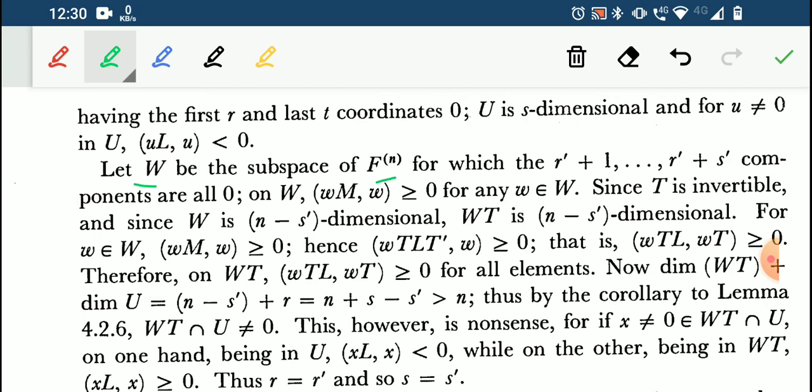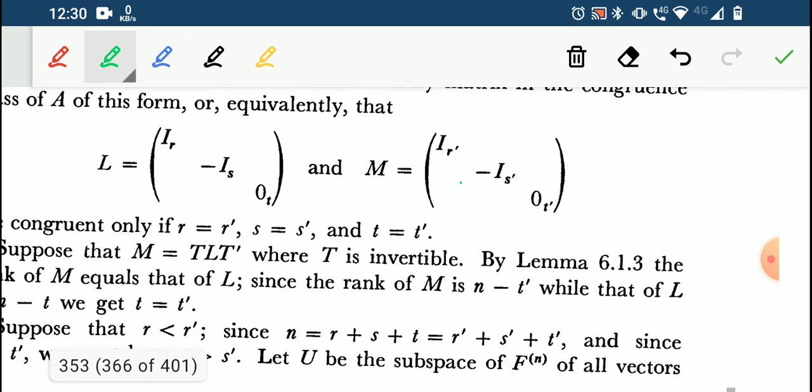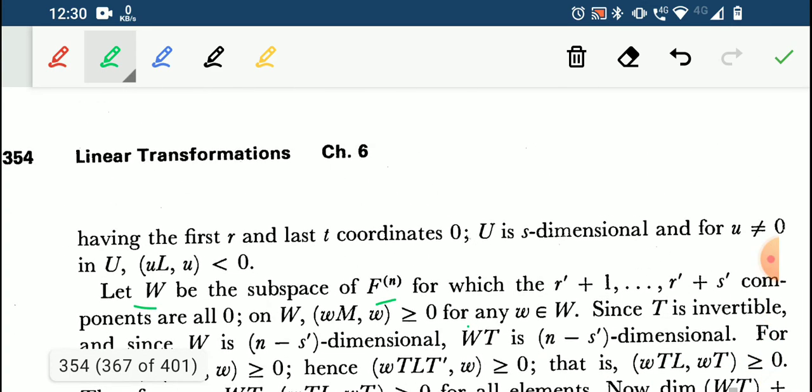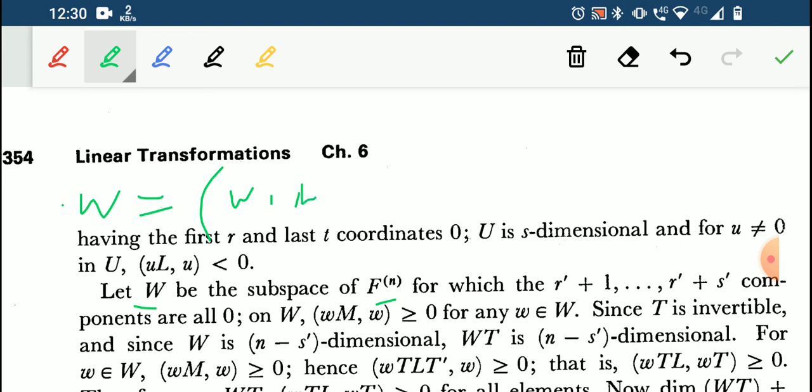Rest all will be there. So this is defined in terms of this dimension, because we are dealing with m now. So how is this defined? Let's say there will be some w belongs to W, and w looks like this, where the first elements are there. So this will be like w1, w2, till wr', then all 0s. How many times? Like this many elements, s' times zeros.